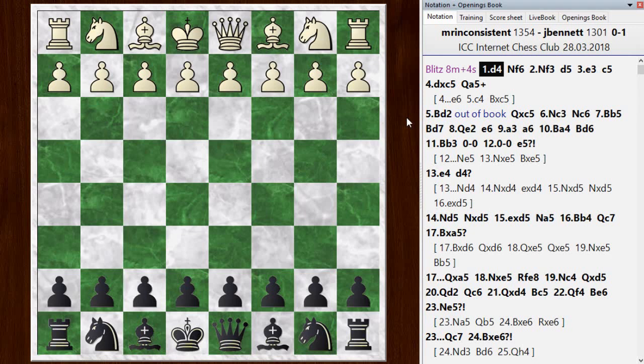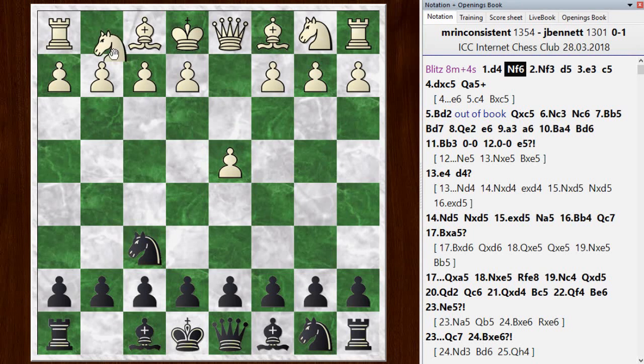Welcome to this postmortem of my Blitz game number 829. My opponent started off with d4, and I went with knight f6, thinking to play a Nimzo-Indian or perhaps a Grünfeld, depending, but he goes knight f3, which cuts out most of those main lines,